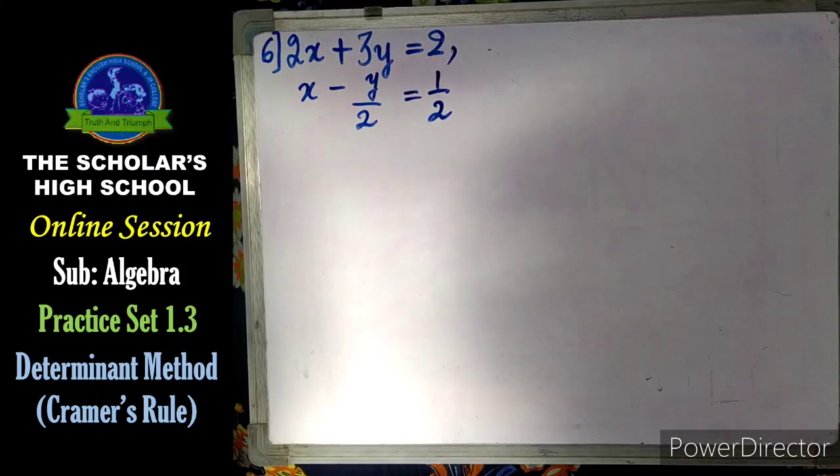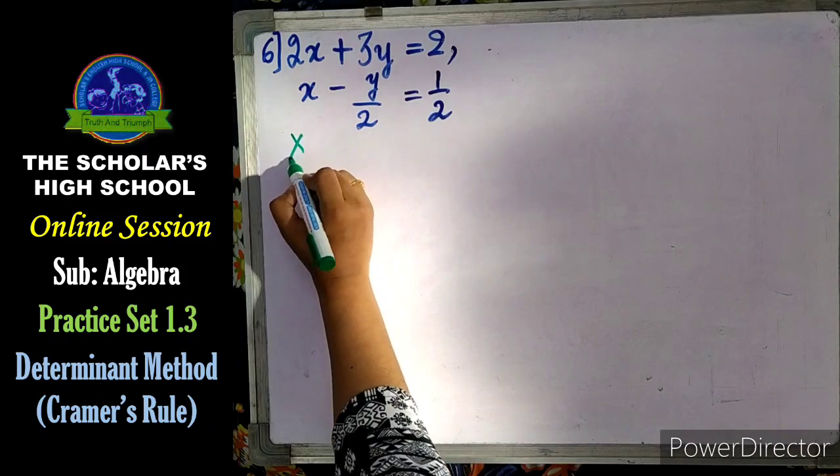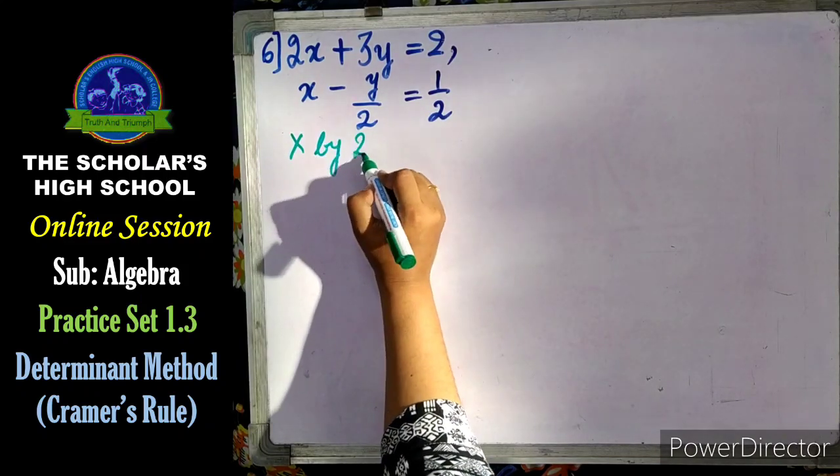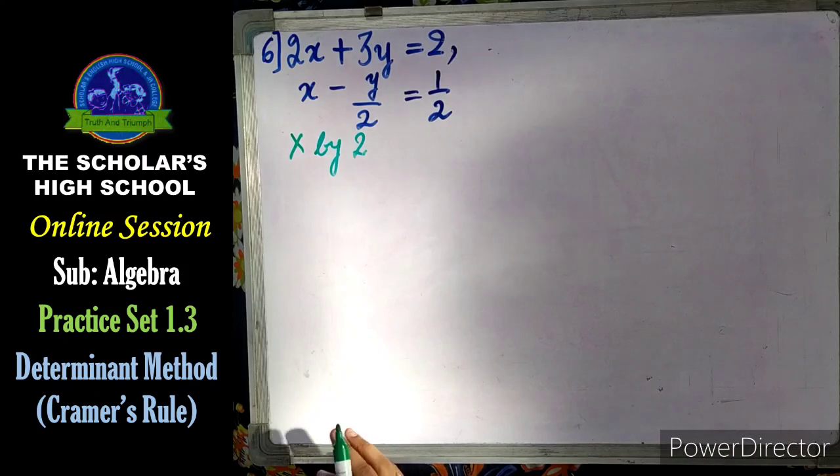As you will see, all equations are the same as the first and second equations which we have done. So I want you all to solve third, fourth and fifth and practice it. Let us see question number 6. Your question number 6 is 2x plus 3y equal to 2, comma x minus y upon 2 equal to 1 upon 2. So there are two methods to do it. Either you can eliminate that 2 by multiplying by the same term, or you can take that 1 upon 2 and solve it. You have both ways. So better we'll do that only, multiplying by 2 to eliminate that 2 from the denominator.